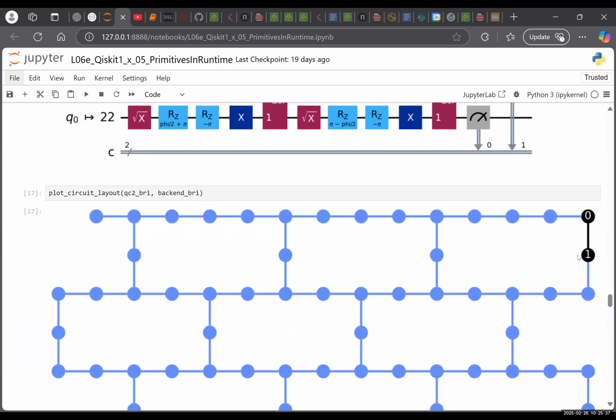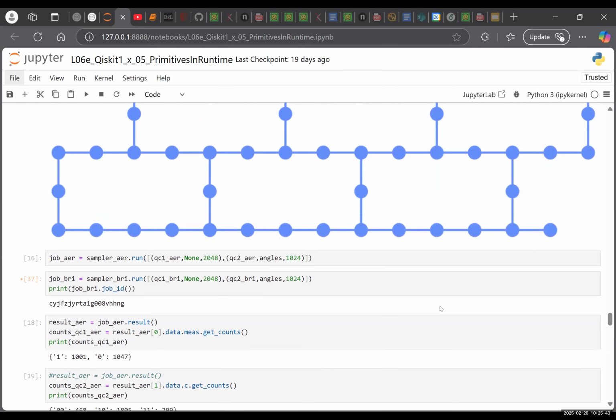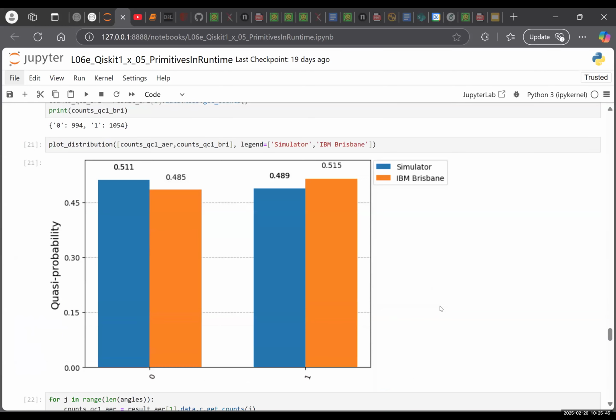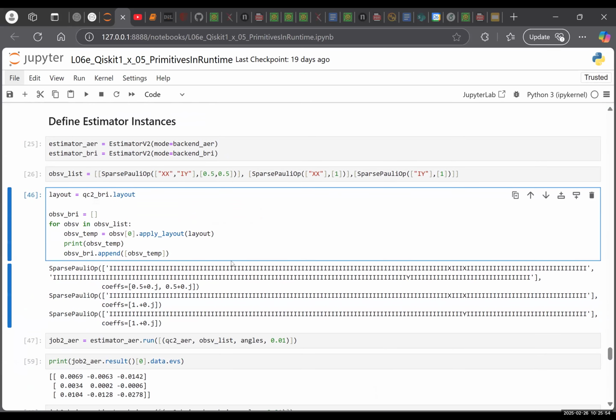So in order for your observable to be able to estimate it, you need to also transpile the observable in the sense that you need to also make the correct mapping. So that's why you will say I'm calling the layout,